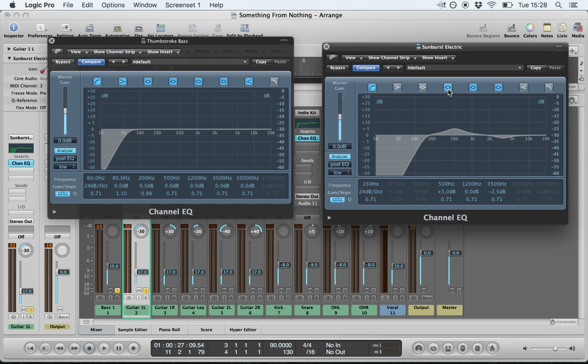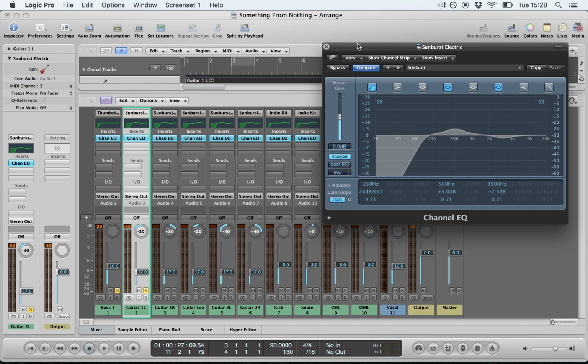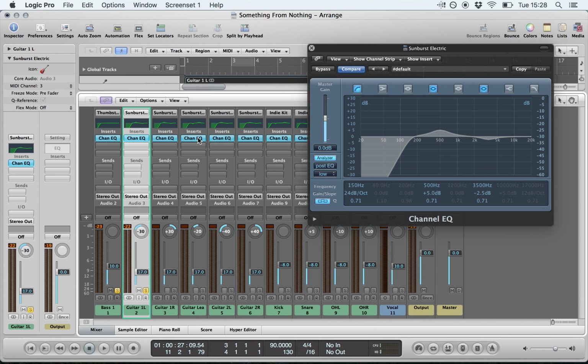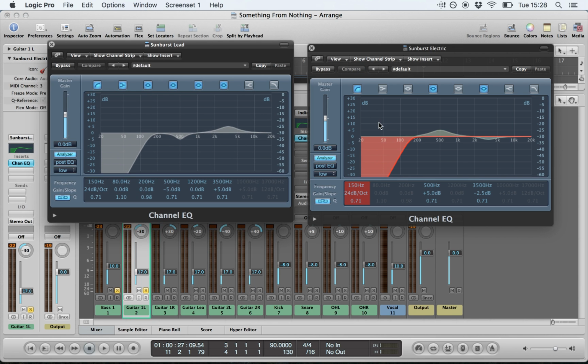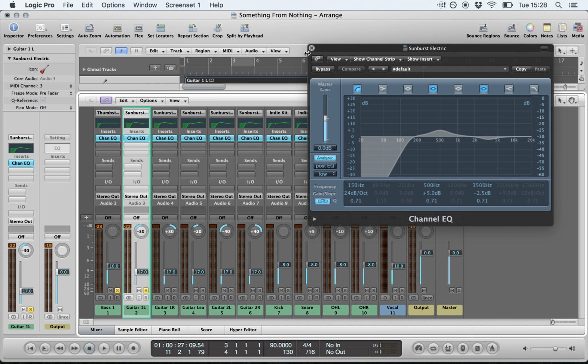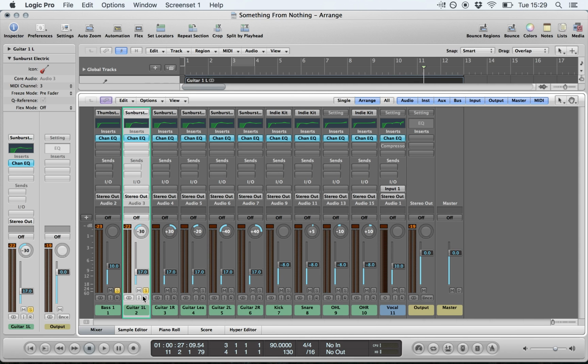For a bit of warmth, somewhere between 250 and 2000 Hertz would be great for guitar. So here I've selected about 500 Hertz. And in order for the guitar to not take up too much of the middle of the frequency spectrum and to give a bit of space for the lead guitar part, what I've done is I have cut at this frequency for all guitar parts and boosted at that frequency for the lead guitar part, and you'll hear that actually it makes the lead guitar part sound a lot clearer in the mix.